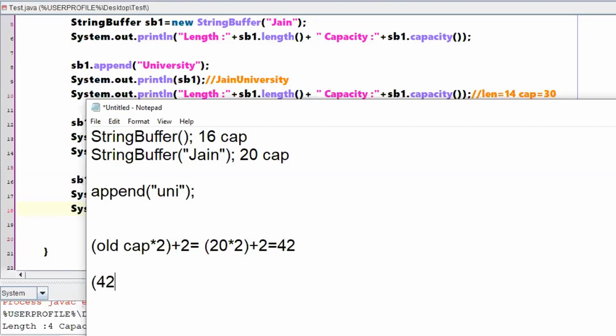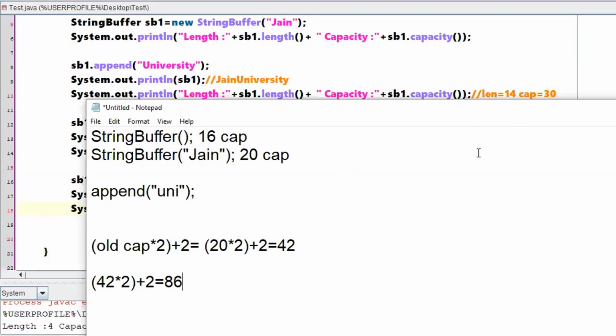So 42 into 2, 84, plus 2. What is the value? This will be your new bigger string buffer.